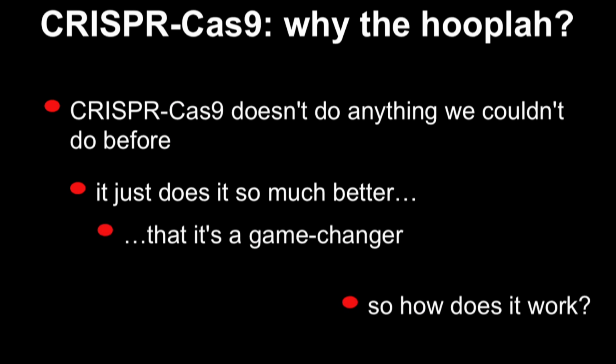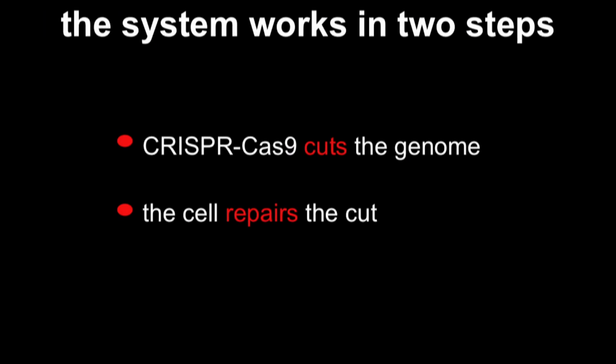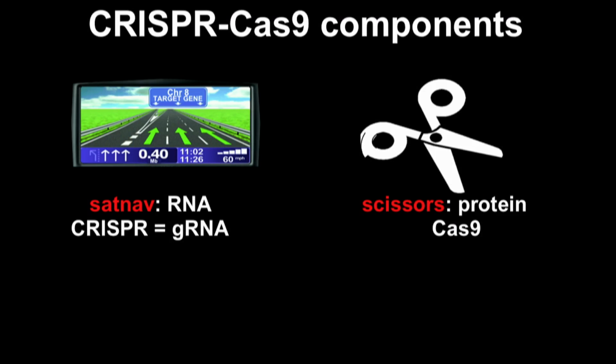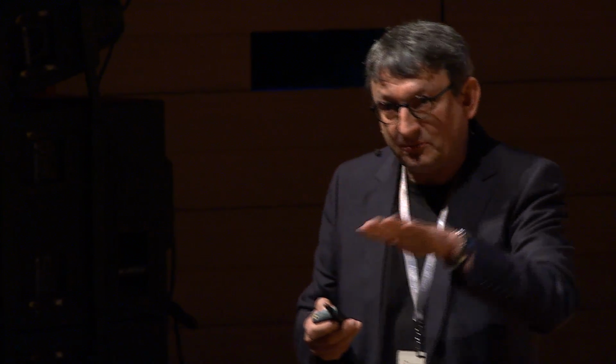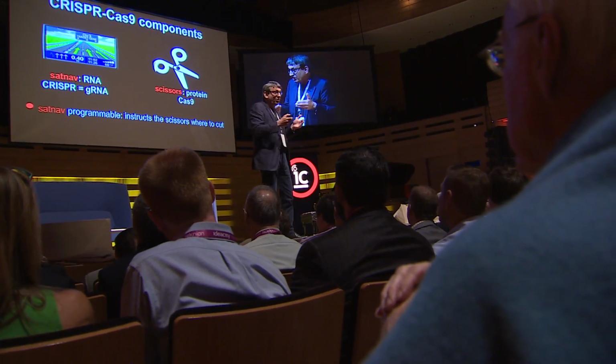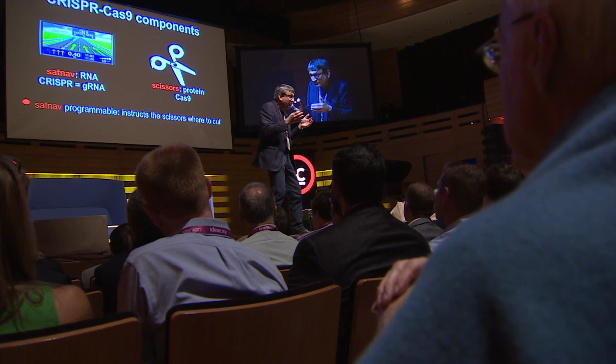So how does it work? Well, it works a little bit like this in 2 steps, and the CRISPR-Cas9 plays the part in the first step, and then the second step is taken over by the cell. And I'll try and explain this one by one, starting with CRISPR-Cas9. And CRISPR-Cas9 is really like a tiny pair of molecular scissors and a molecular sat-nav. So like all sat-navs, you get to program whereabouts you want to go, not on a map this time, but in the genome.